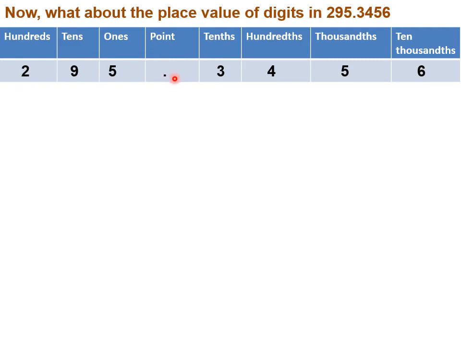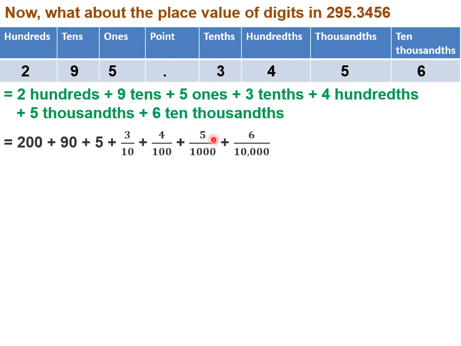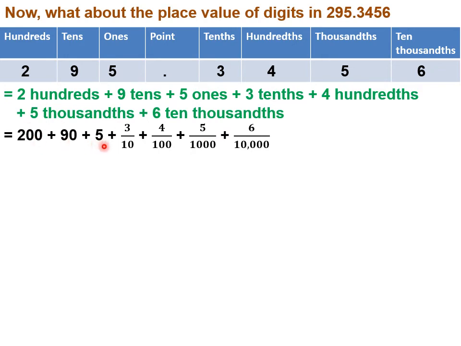Then we will write the point. After the decimal point, whatever numbers are there, we will write tenths, hundredths, thousandths, ten-thousandths, this way. So 3 is in the place of tenths, 4 is in the place of hundredths, 5 is in the place of thousandths, and 6 is in the place of ten-thousandths. So 2 hundreds plus 9 tens plus 5 ones plus 3 tenths plus 4 hundredths plus 5 thousandths plus 6 ten-thousandths. So the expanded form is 200 plus 90 plus 5 plus, after the decimal, we will write 3 upon 10